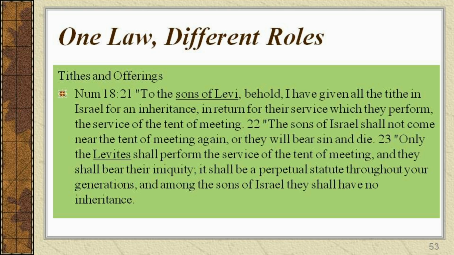In part 2 we saw that Abram gave his tithes to Melchizedek, a priest of God Most High. However, in this passage, God appointed the entire tribe of Levi to be His ministers within the land of Israel, and He gave them all the tithe in Israel as their compensation. As a result, God did not give the Levites large tracts of farmland so they could support themselves. They were allowed to live in the surrounding towns and cities, but they were to earn their living by ministering to the people of Israel.